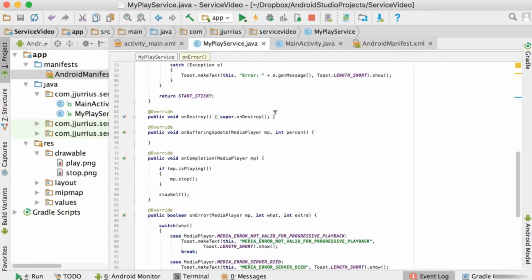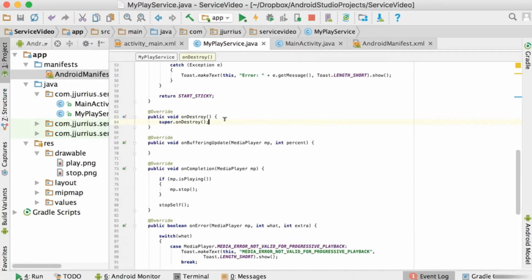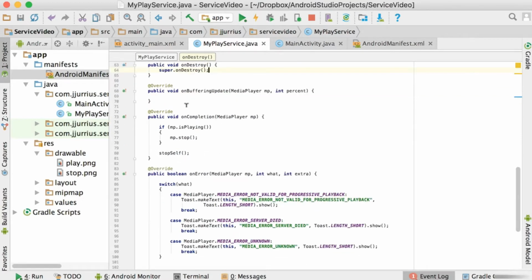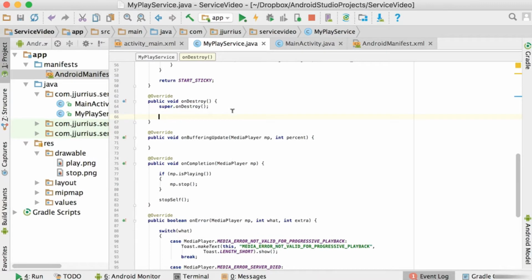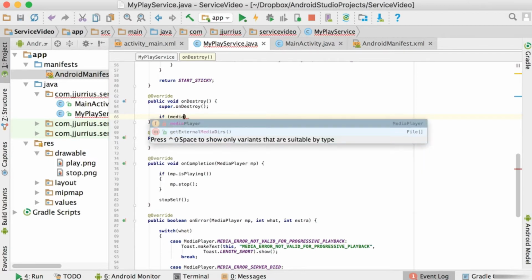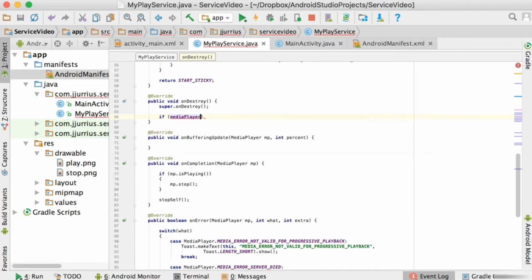Now, in the onDestroy method, if we want to stop playing the music, and onCompletion is run, and we call stopSelf there, it will automatically go to the onDestroy method. And now we need to release some resources or whatever you want to do in your onDestroy. So in this method, I'm going to test first again, if our media player object is